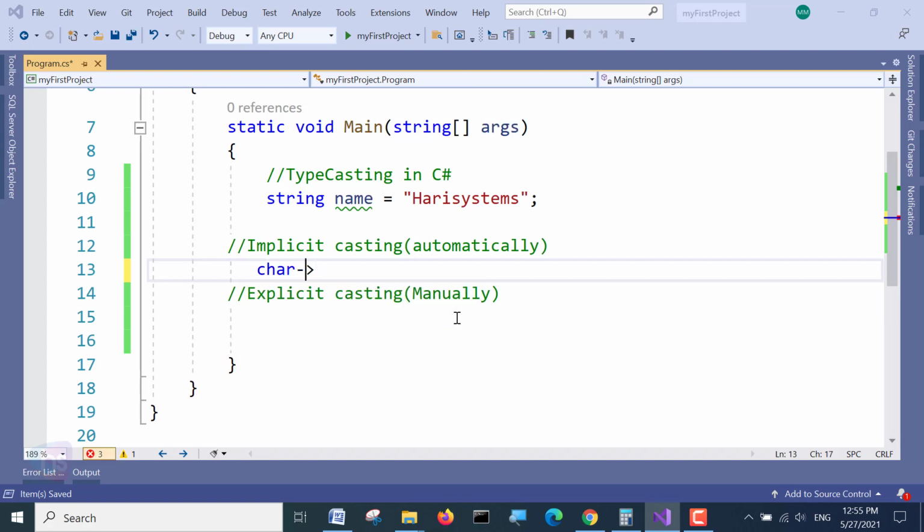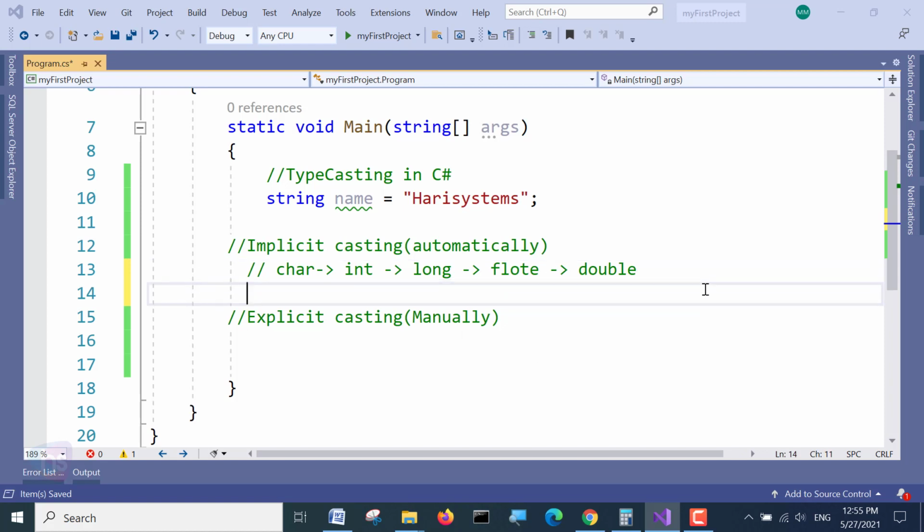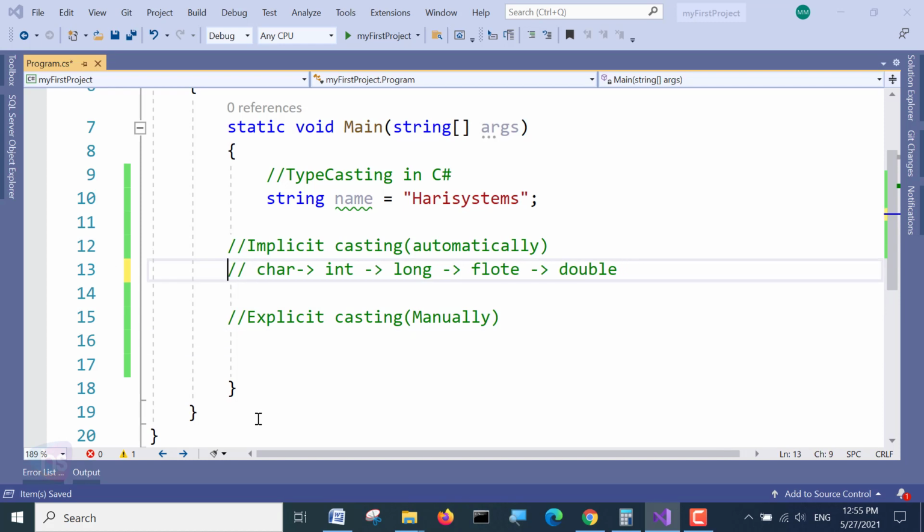Char to int, int to long, long to float, and float to double. So we are converting from smaller to larger data types, and in implicit casting it is done automatically.